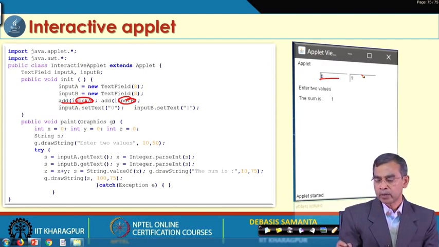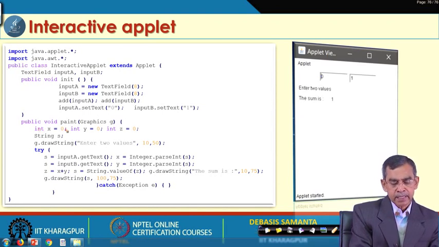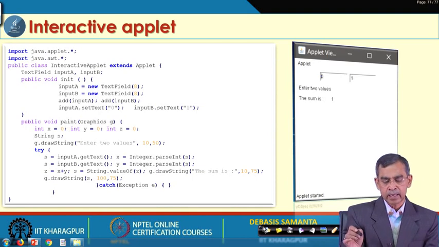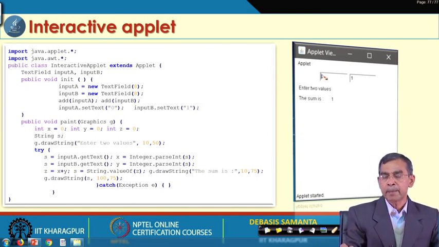The default layout is flow layout, so it displays like this one. Then for graphics we can use the paint method to control the value and then take the event from there. Actually, typing some numbers is basically an event also.